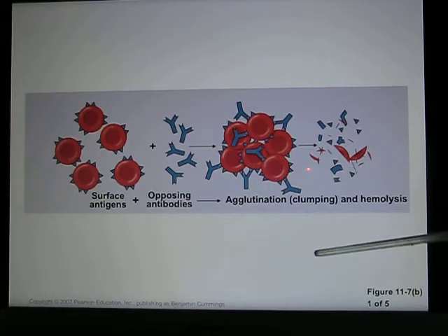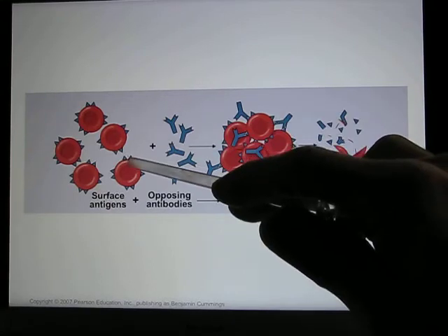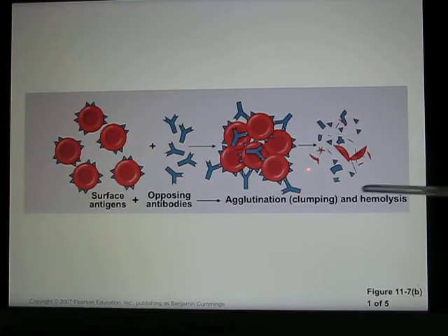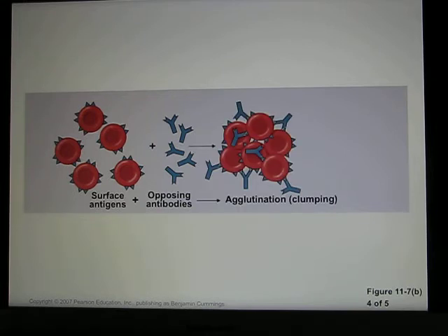And if you receive a different kind of blood, this is what's going to happen. The antibody will attack the antigen, and it can cause hemolysis, and it can damage the kidney, or in the worst scenario, you may die. So this shows you when you receive the wrong kind of blood, the antibody will go and attack the antigen,